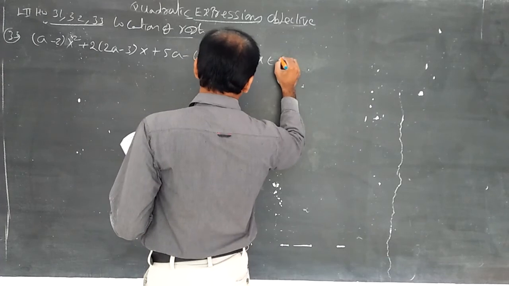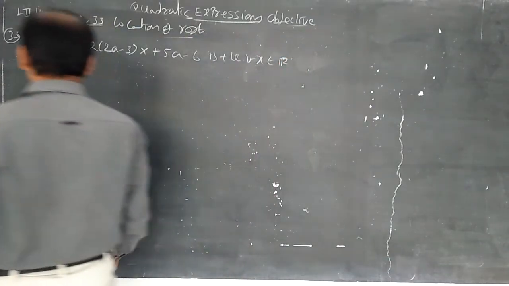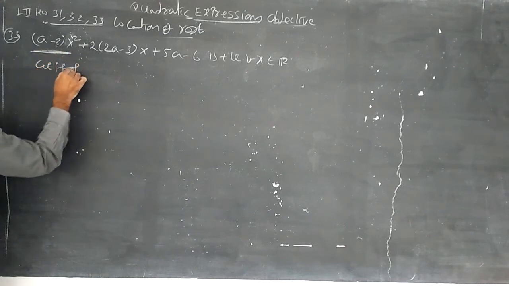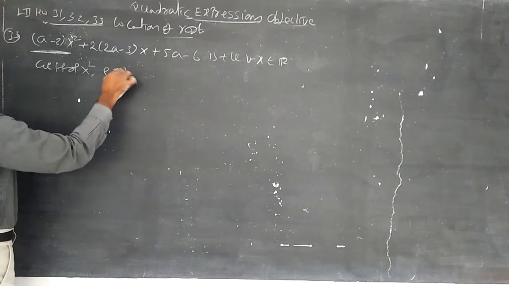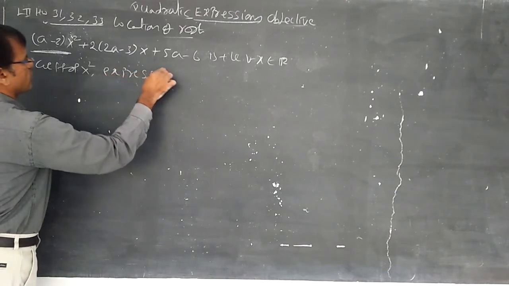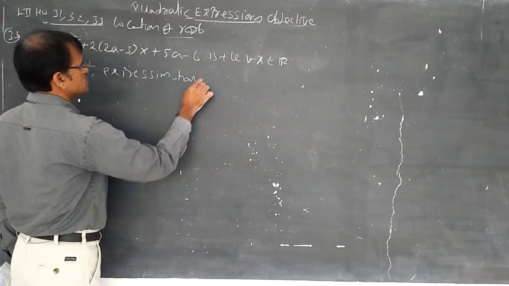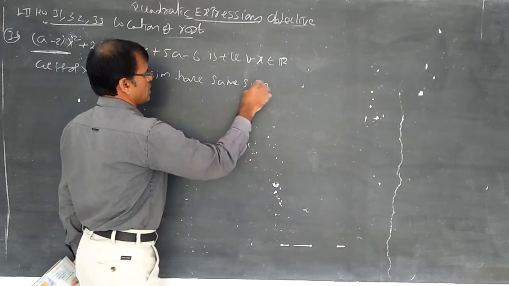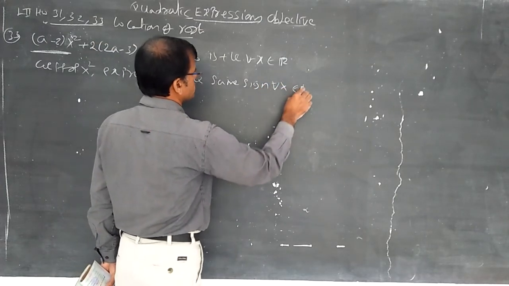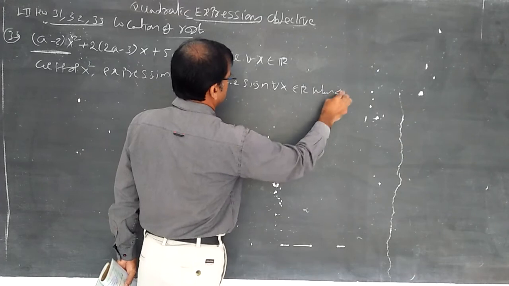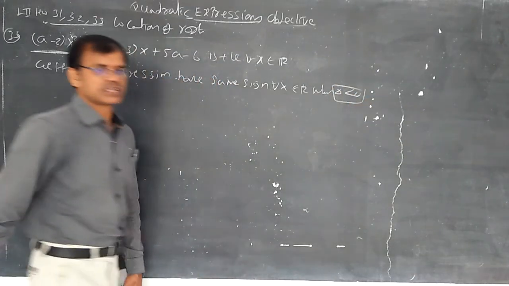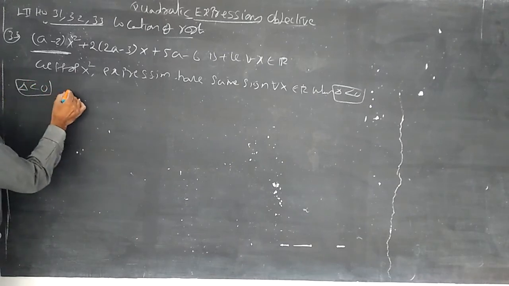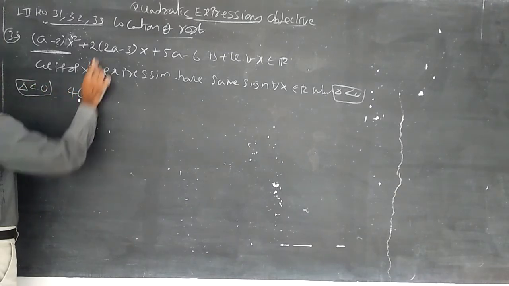Plenty of times we have discussed that whenever it is positive for all x belongs to R, first you observe that the expression and x square have the same sign for all x belongs to R when delta less than 0. It is the most important theorem, I said the proof also. Now you can use the formula delta less than 0. There is no location of roots concept here.